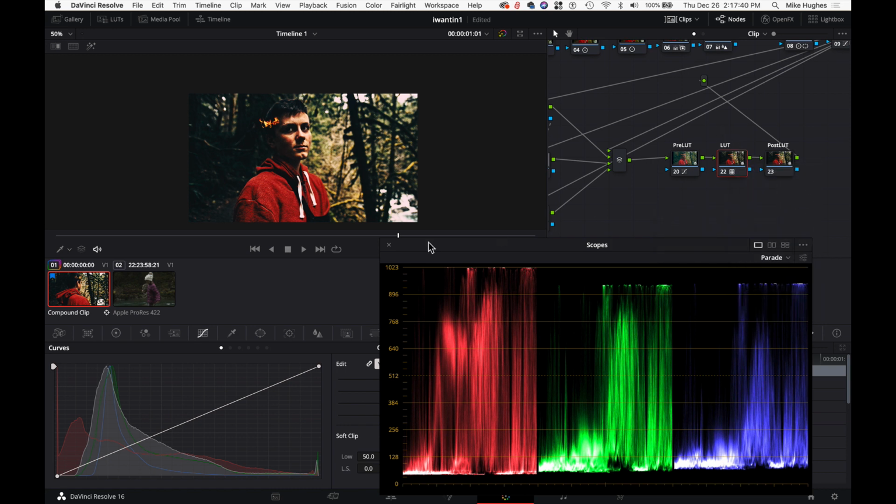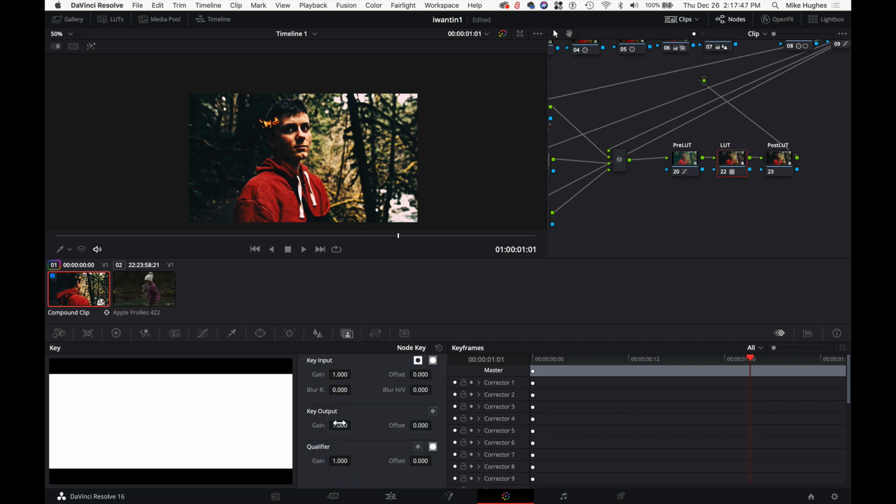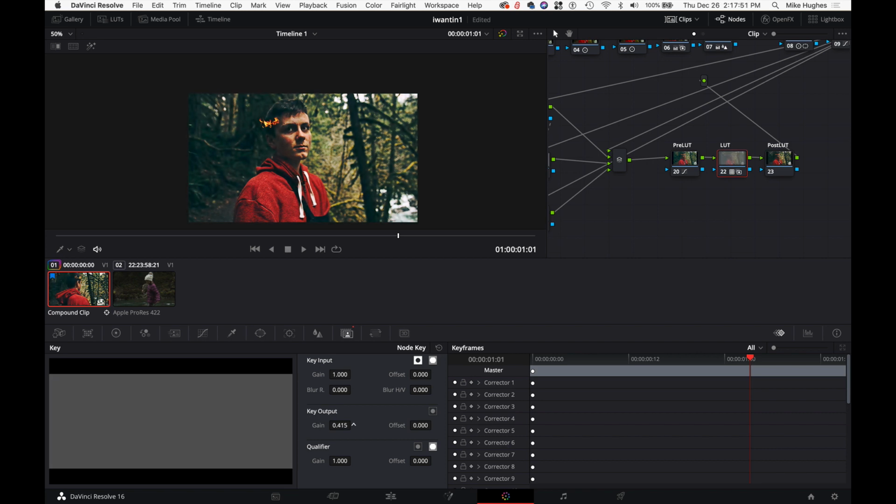But anyways, if you want to use a lookup table, a LUT, but you maybe don't want it so strong, of course, always remember this little tool of just using this to get rid of it, or to use a little bit here. Okay, just to look. I don't really like that, but I'll leave it for the purpose of this tutorial right now. All right. So, okay, the next thing we want to do is kind of our